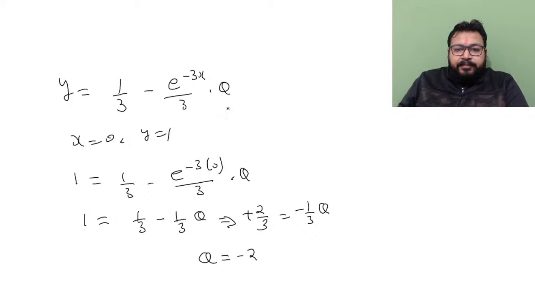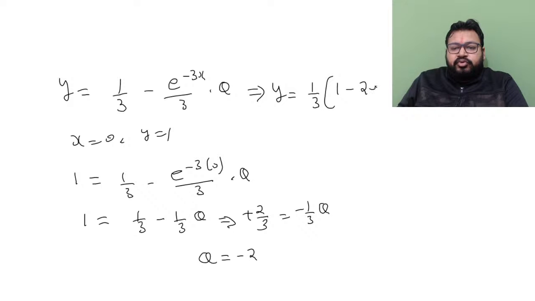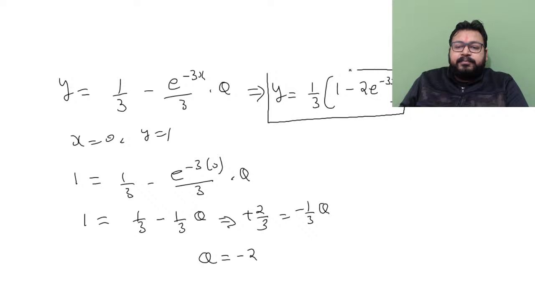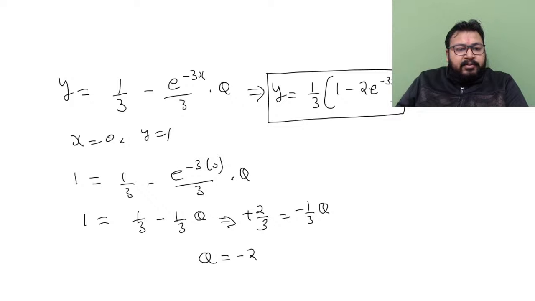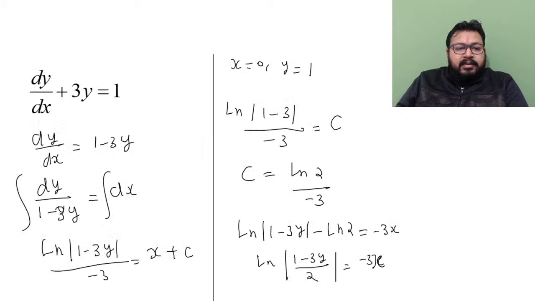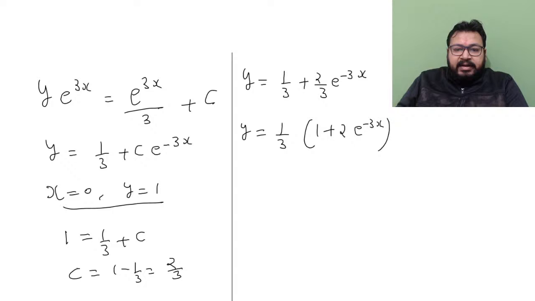Let us put there. So if I put it here, I get y is equals to 1 by 3 into 1 minus 2 e to the power minus 3x. ओके, तो हमने जब लिमिट यहाँ पुट की तो हमारा आंसर माइनस में ही आया है, जैसे कि हमारा पहले भी आया था. मतलब बिल्कुल ठीक कर रहे हैं हम. और इससे पहले जो हमने सॉल्यूशन किया है, मतलब ये यहाँ पे बिल्कुल ठीक कर रहे हैं. यहाँ तो गलती है ही नहीं, बिकॉज काफ़ी सिंपल सा सॉल्यूशन है.